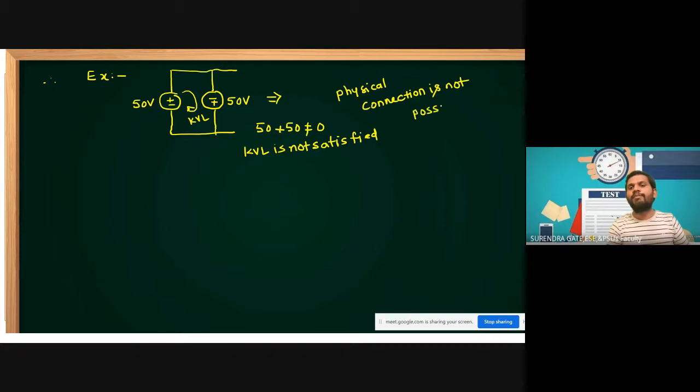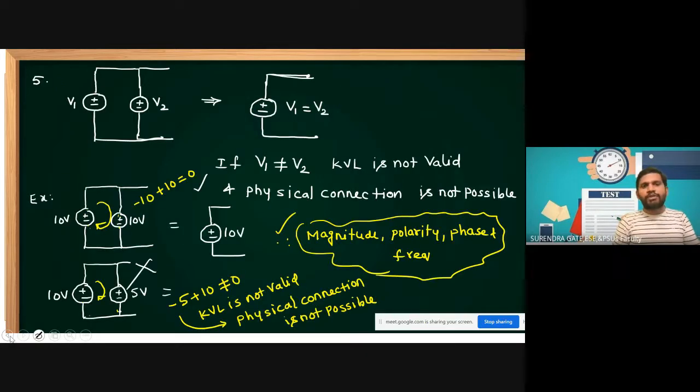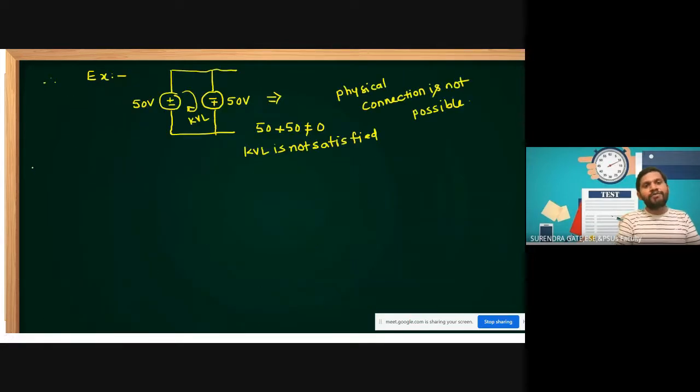Yes, friends, understood? Okay. So these are the equivalent circuits with respect to voltage. Now, I want to give equivalent circuits with respect to current sources. Up to 5 it is completed. Next, continuation of 6. Yes, friends. For example, two current sources. Let this be I1 and this be I2, connected in parallel. Then the resultant is I.